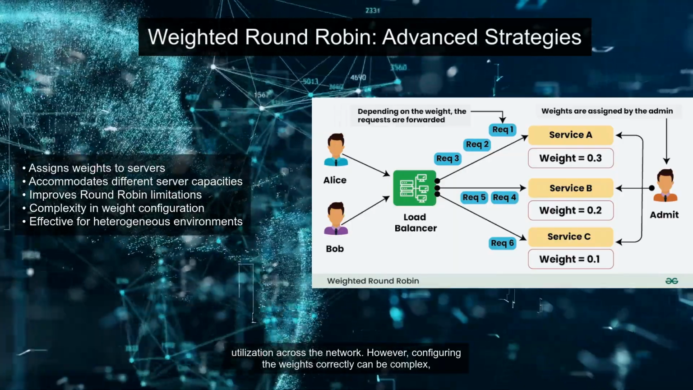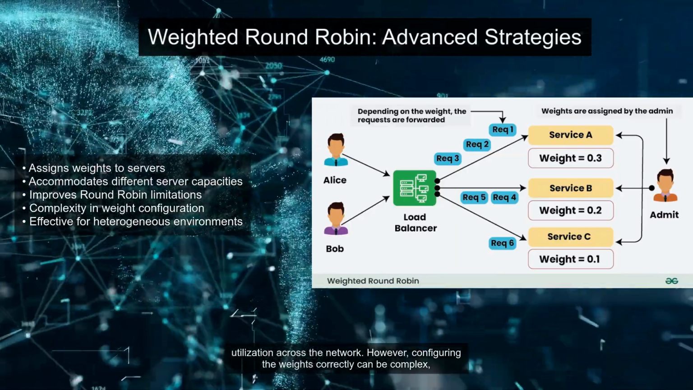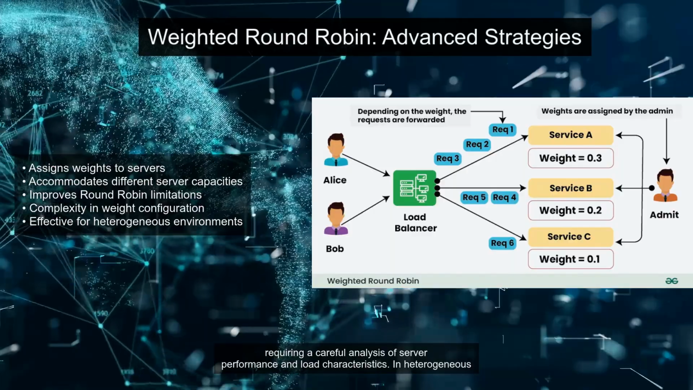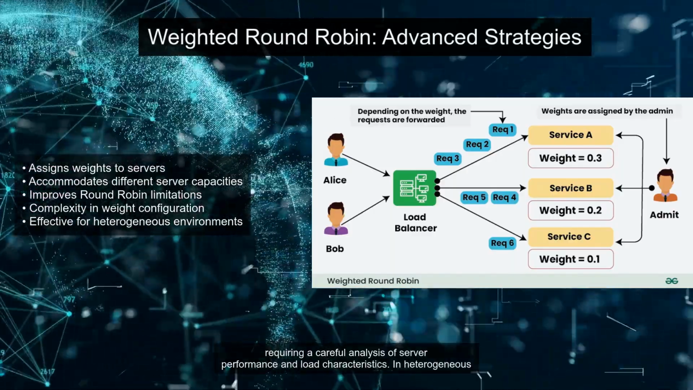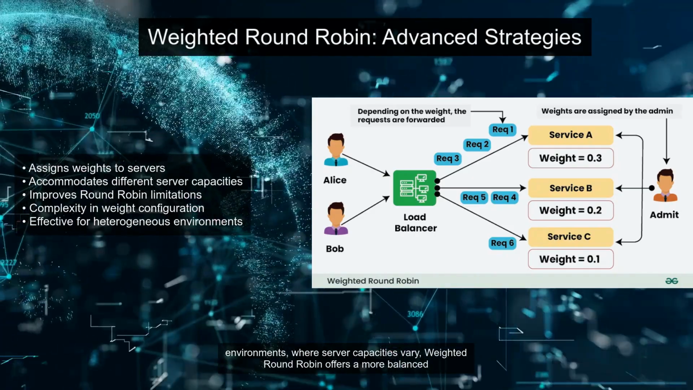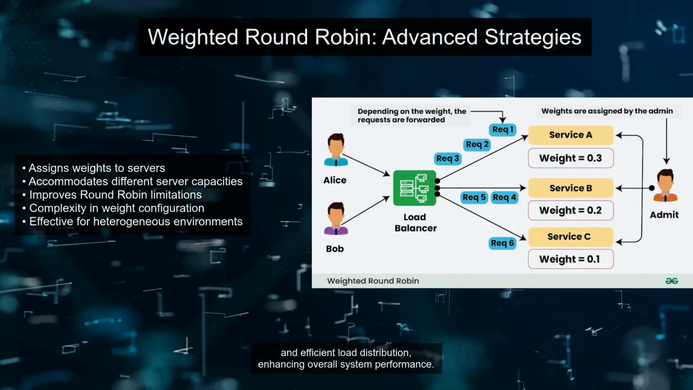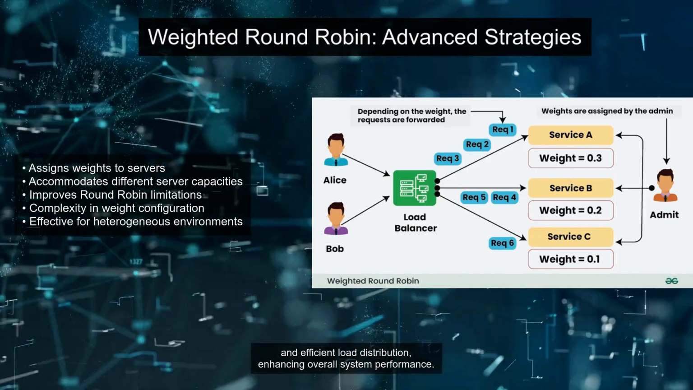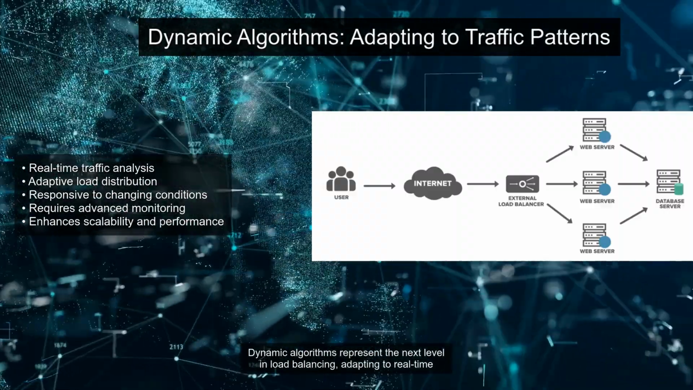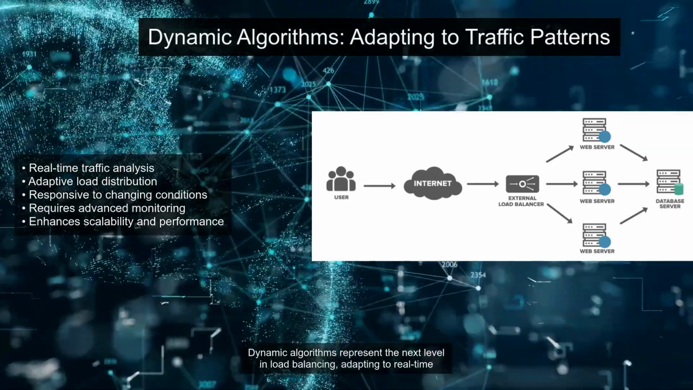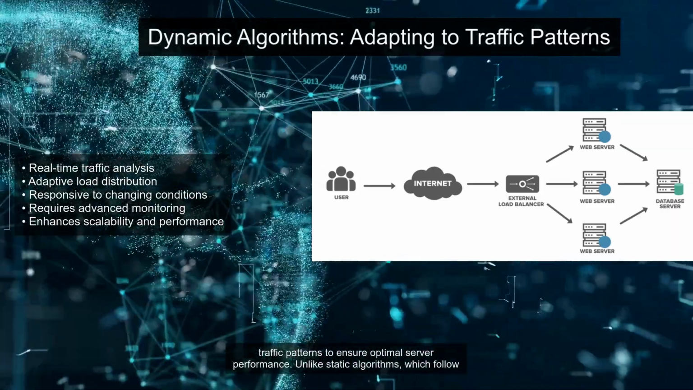However, configuring the weights correctly can be complex, requiring a careful analysis of server performance and load characteristics. In heterogeneous environments, where server capacities vary, weighted round robin offers a more balanced and efficient load distribution, enhancing overall system performance. Dynamic algorithms represent the next level in load balancing, adapting to real-time traffic patterns to ensure optimal server